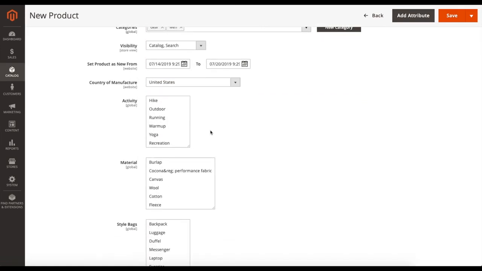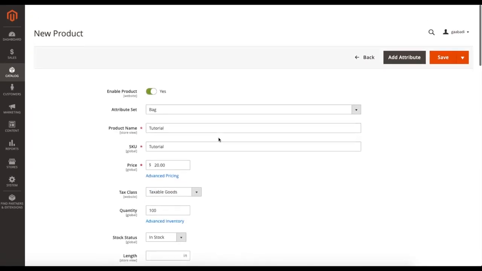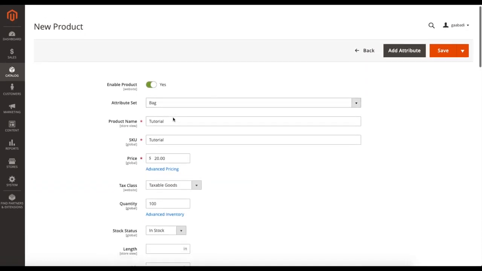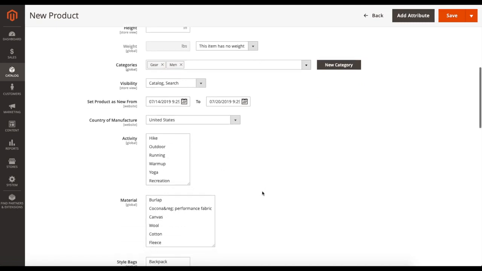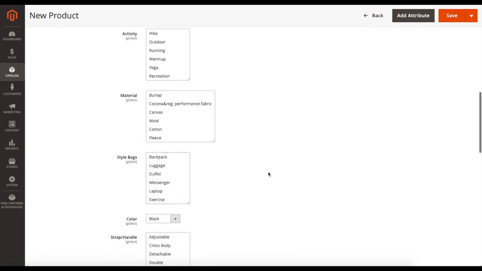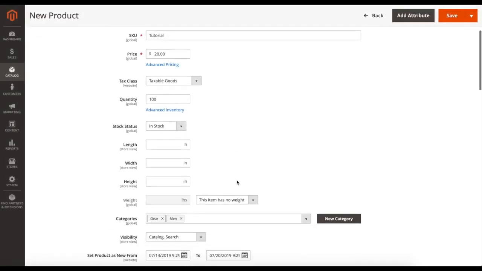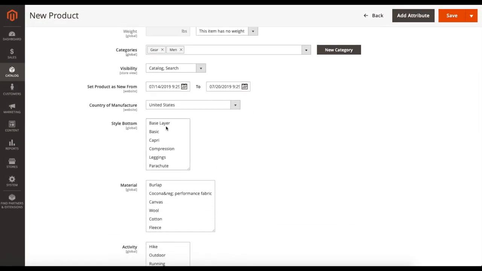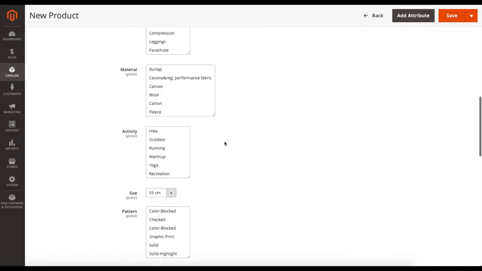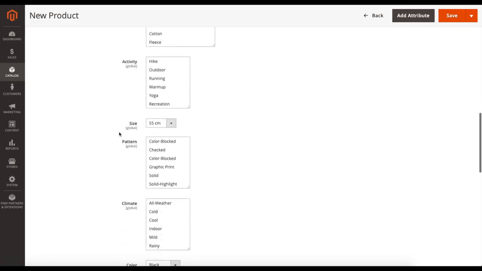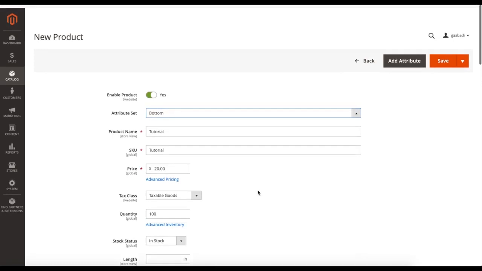And this information over here is going to be referred to the attribute set that you set your item to be on. So for example, you guys see over here we have hike, outdoor, and this material and this style. If I change it to bottom, that information is also going to change. You see that went to base layer, basic, the material kind of stayed the same, and the activity also kind of stayed the same, but we also have pattern and climate and all this information over here. So I'm just going to change it back to bag,